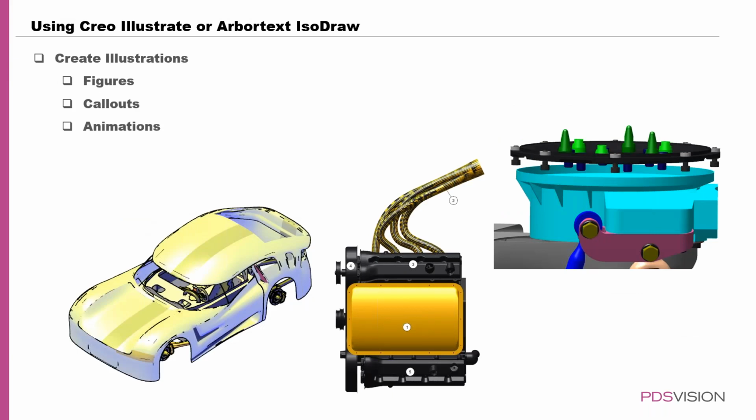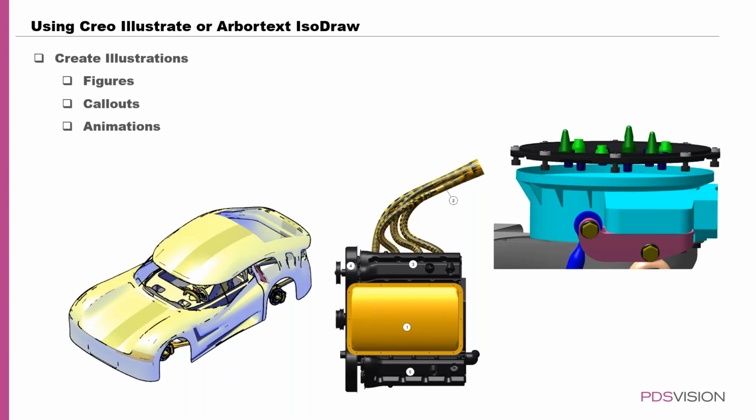Technical publications are going to use illustrations or figures. These are graphical representations of the CAD model from Creo, and they're going to be incorporated into our publication documents. Now, there are a lot of ways to do this. What we're going to be showing today is the way of doing this that enables this connectivity that I'm referring to, so that when we do make changes to the CAD model, those changes are going to propagate to these images, and they're then going to propagate to the technical publication as well,